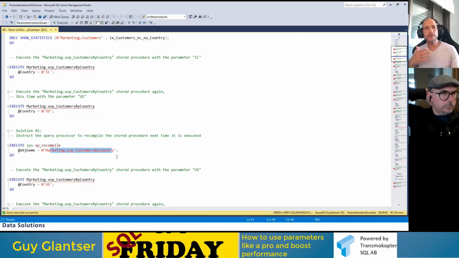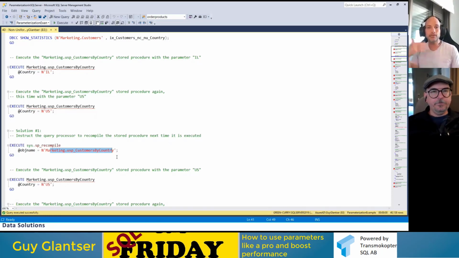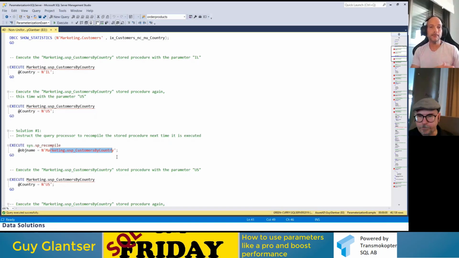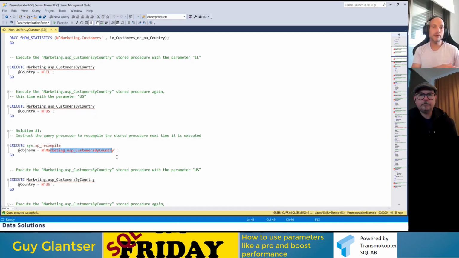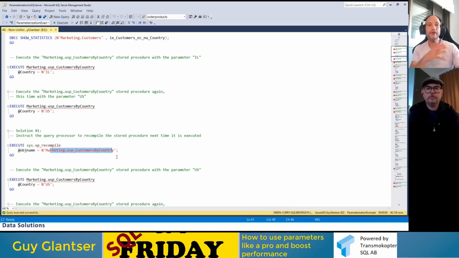Remember, SQL Server needs to verify whether the plan in cache is valid or not. This is one way to manually, proactively say, I want you to mark this plan as invalid. This means that the next time someone tries to execute this same stored procedure, SQL Server will check. It will see, oh yeah, there is a plan for this stored procedure. Oh, but it's invalid. I need to recompile it again. So it triggers a recompile in the next execution. And during this next execution, we will have parameter sniffing again. This time, the new plan will be generated based on the new values in the next execution.